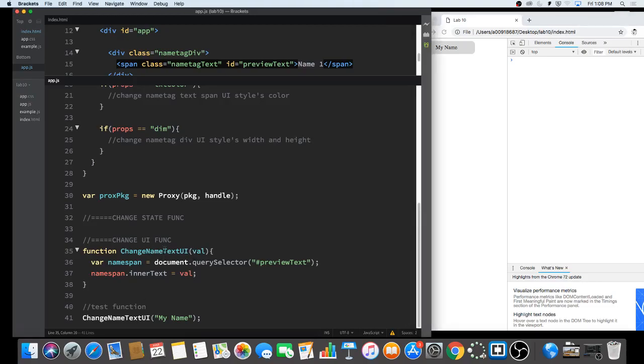Maybe I can have one function that does all 4. All I need is some if and else statement inside to figure out what to change. So for example, I can just have the function call. I'm just gonna comment this out down here. Just call it change name UI like so, and it's gonna be the value that you pass over,